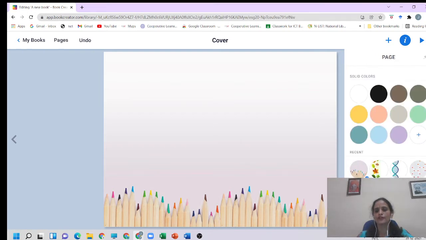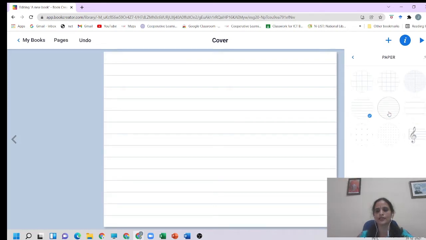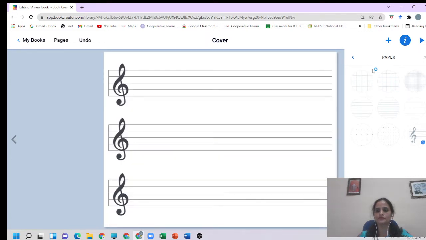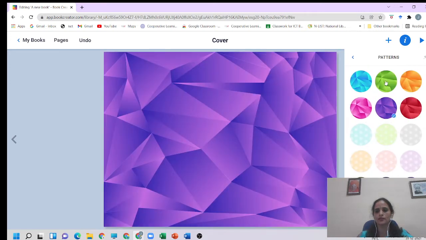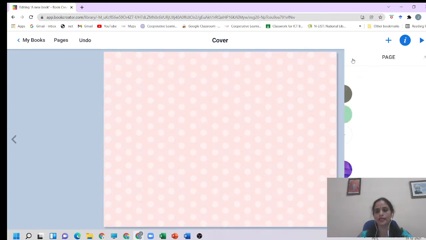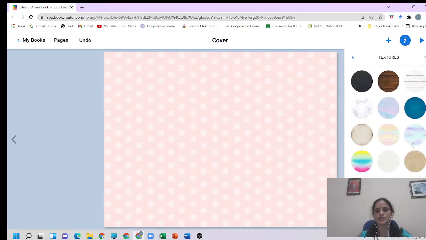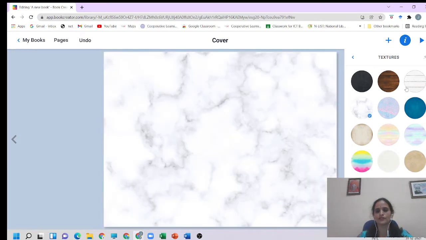Okay, so go back, and if you want it in the form of a paper, you can find these grid lines. So you can select any of these background designs. Okay, so if you want any pattern, you can select these things. See to it that whatever background you give should not distract the attention of the students, and it should be relevant to your content. Okay, so these are the textures that you can make use of. Simple texture also. Whichever you feel is relevant to your content and will draw the attention of your students, you can make use of these backgrounds.